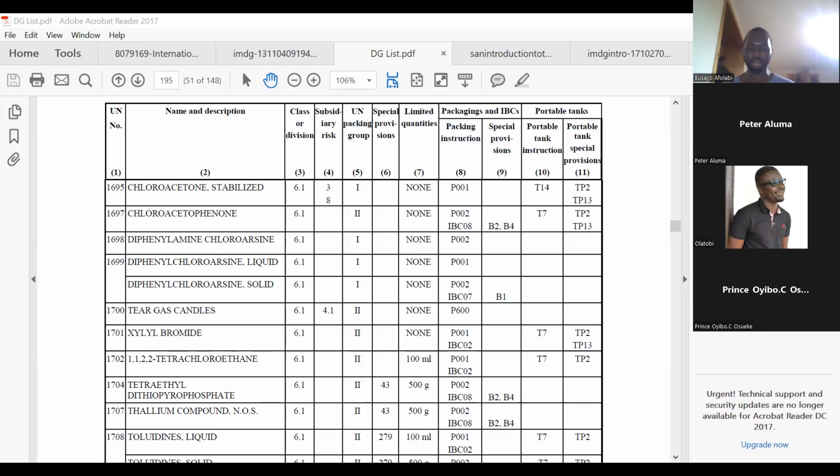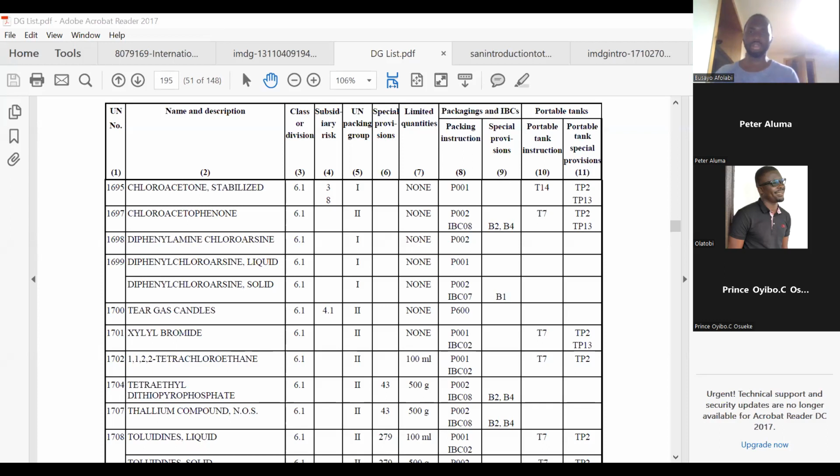But I'm telling you that that's why the IMDG code has been set out, and it's set out in a way that it classifies all these under different classes. So I'll come down to this note that I'm about to do here now, which is,